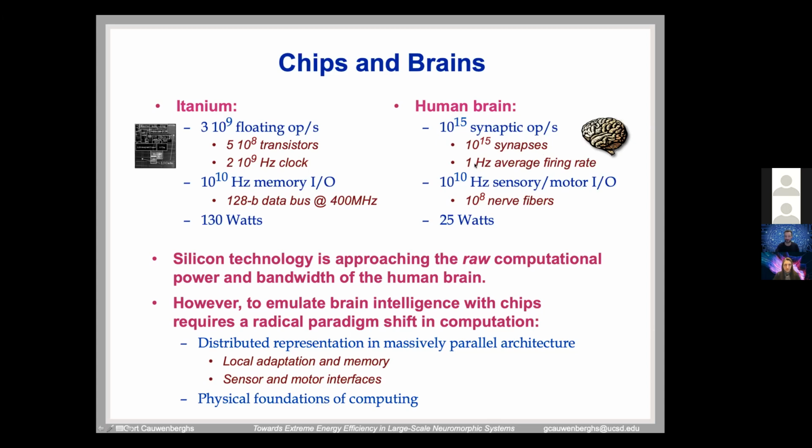And sure, at a very slow clock, just about 1 hertz, but 1 hertz times 10 to the 15 synapses gives you 10 to the 15 operations per second, which dwarfs what the Itanium or even the latest chips are doing. In fact, the latest chips are not that much faster as far as the clock. They're still operating at a few gigahertz, so it hasn't changed. You can't really go to 10 to the 15 hertz. Maybe with superconducting supercomputing you can get there, but it's at a very high energy cost. So clearly, parallelism is the way of making things more efficient, and actually, you can get some great efficiency also